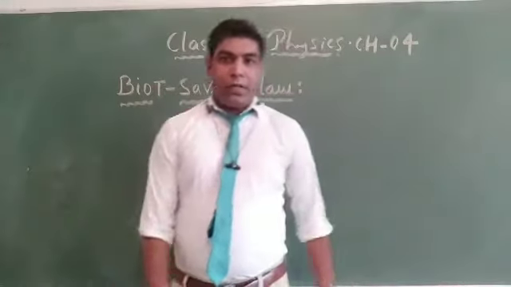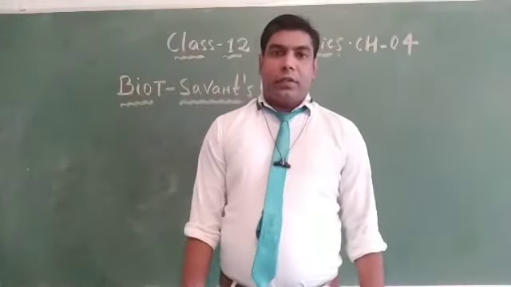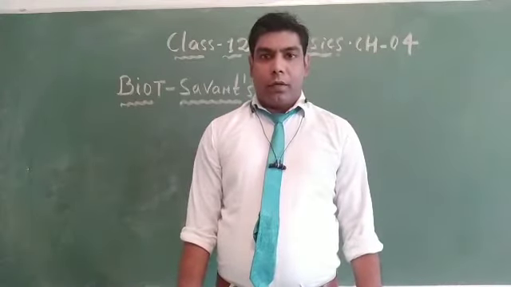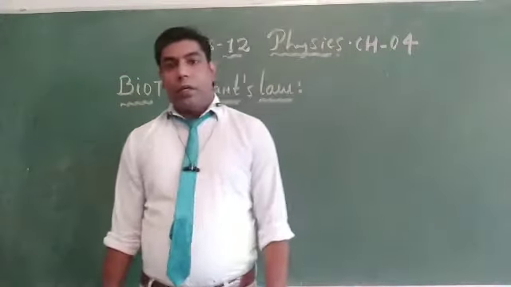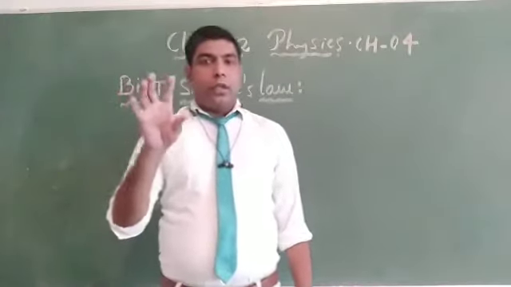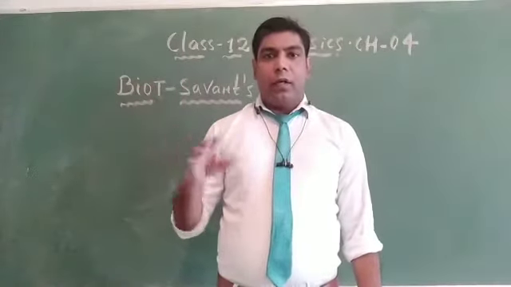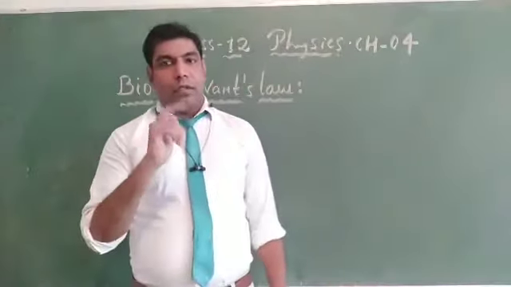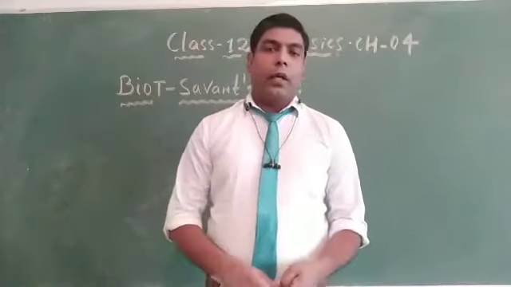Right. So in the previous lecture we started chapter 4, and we discussed the magnetic field and also the Oersted experiment. In the last lecture we saw that when a current flows in a conductor, a magnetic field is produced around it. We also saw the definition of magnetic field induction in terms of force, and how we find the direction of the force. We saw the right hand screw rule, and the left hand rule to find the force experienced by a conductor placed in a magnetic field.